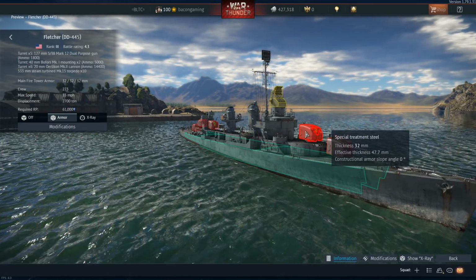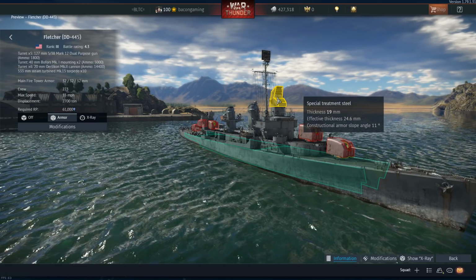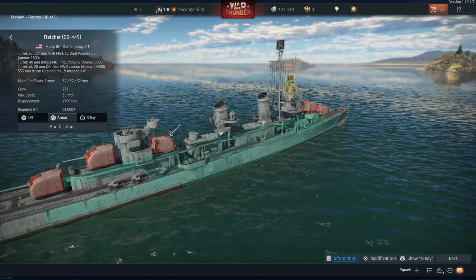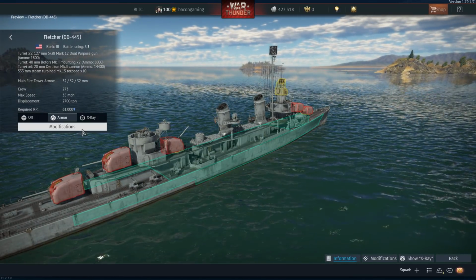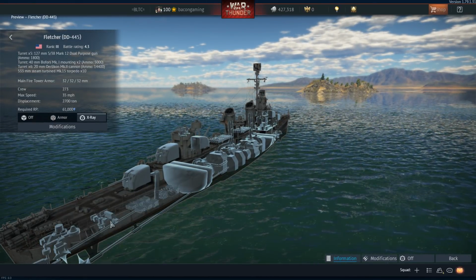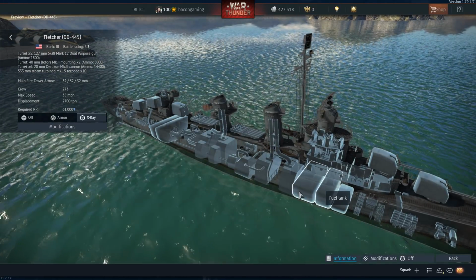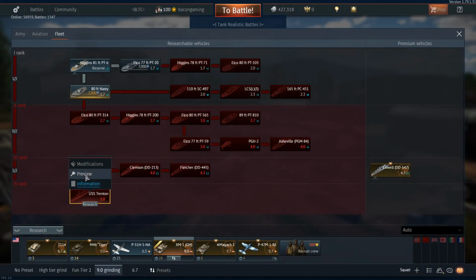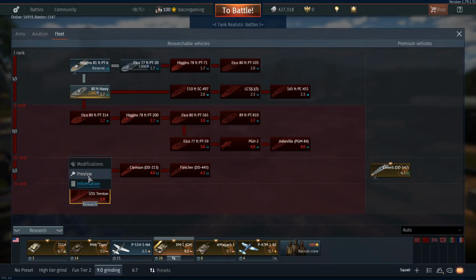Side armour, turret armour. I take it that's the main fire tower. I'm just going to guess. But yeah, there we go. So pretty simple. An X-ray, pretty much the same stuff. Lots of ammunition, pumps, steering gear, engines, turrets. Very simple stuff. Now we're going to move down to Tier 4, the current top ship in the American tech